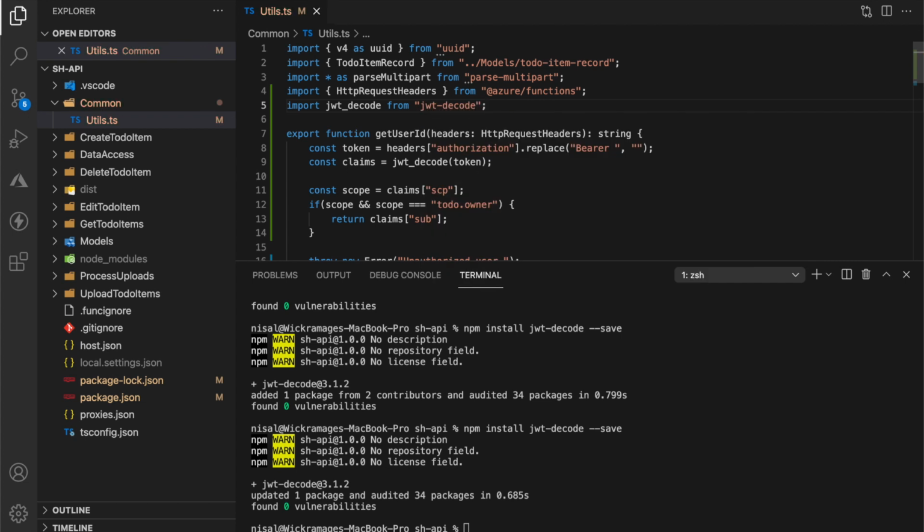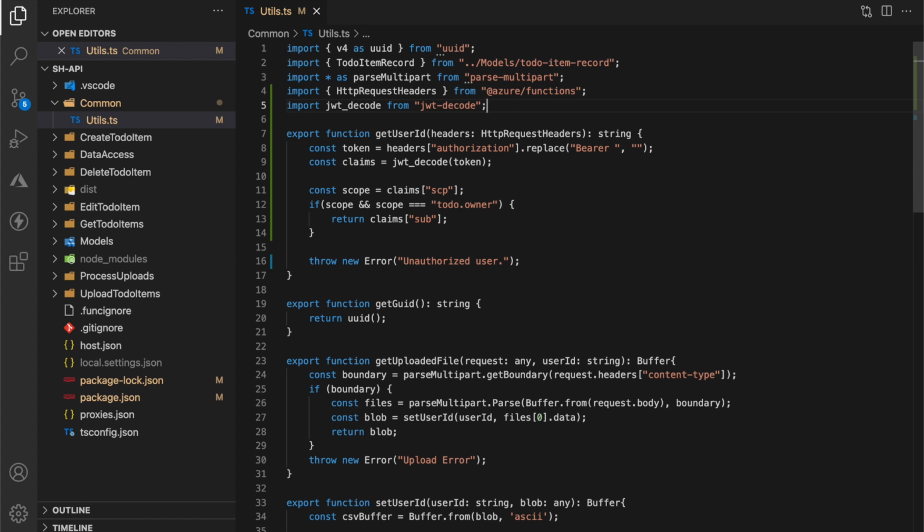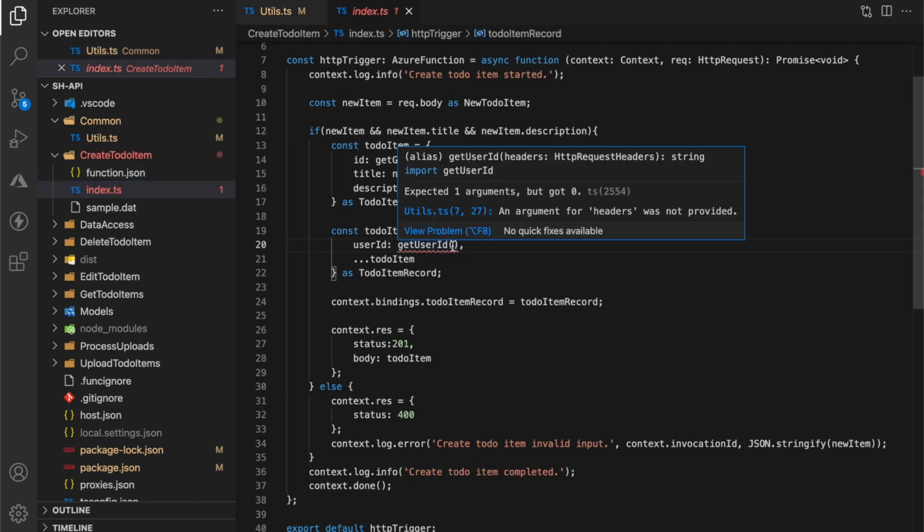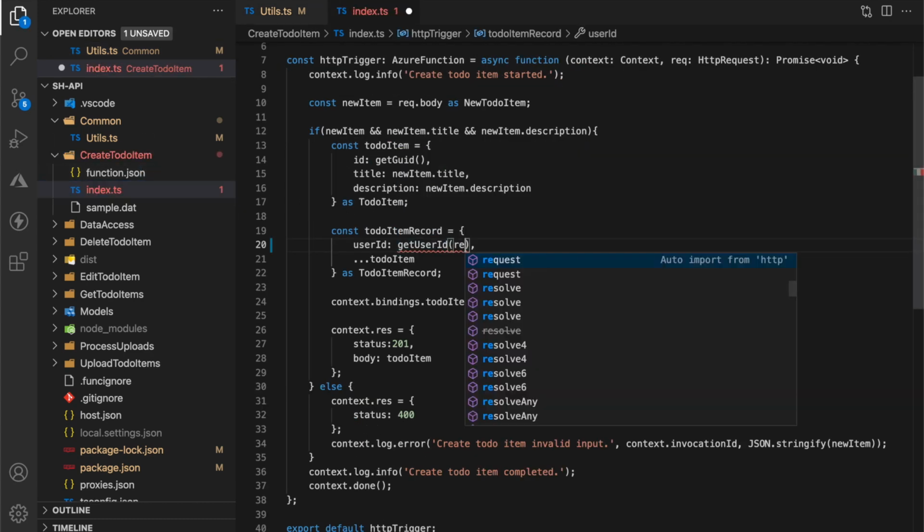Finally, we need to do a scope validation before we return the sub value. Let's update all the function code to use modified getUserID. Let's pass in the request headers.